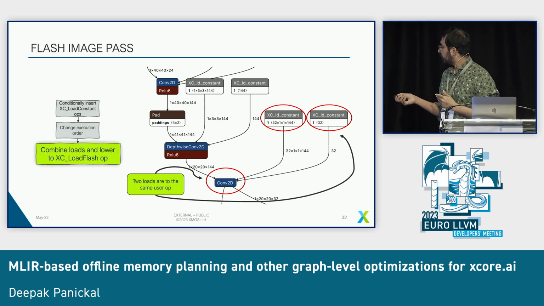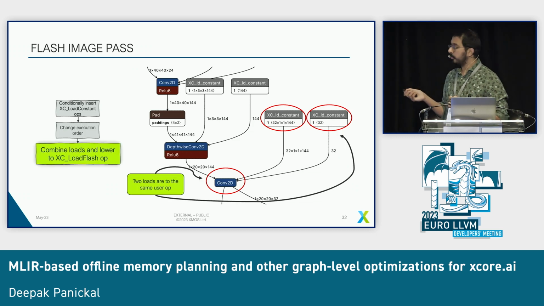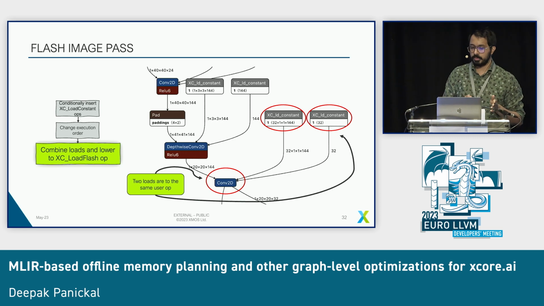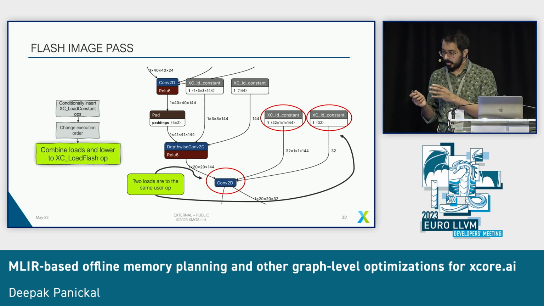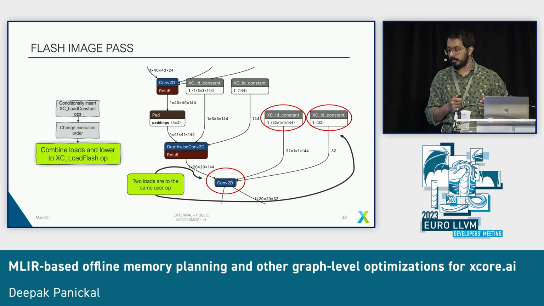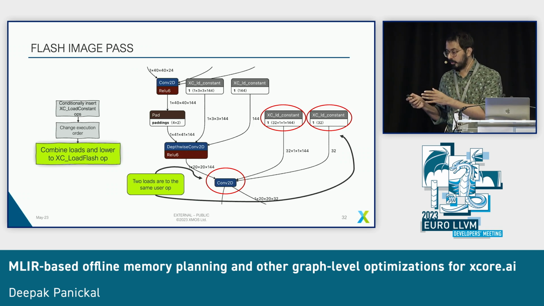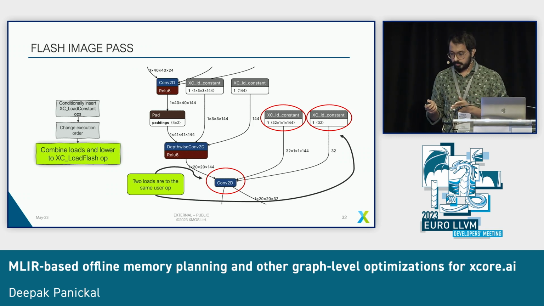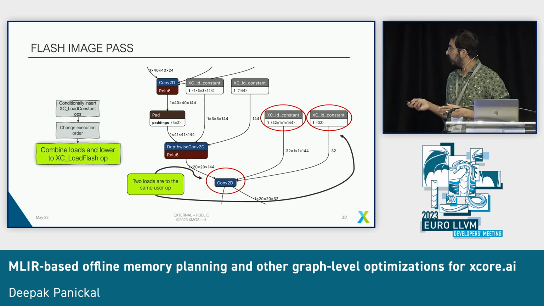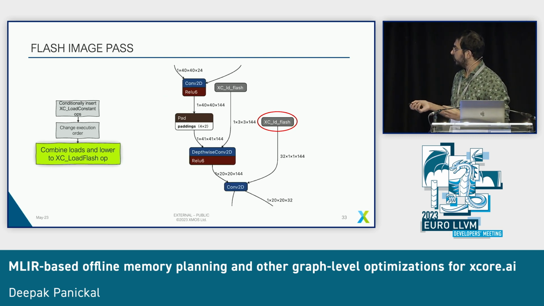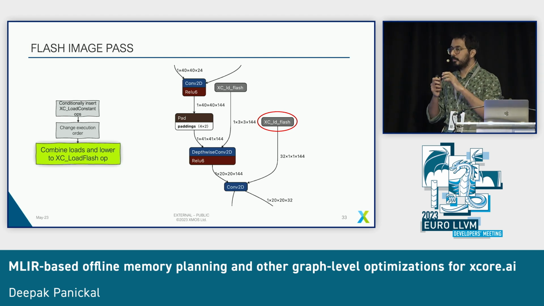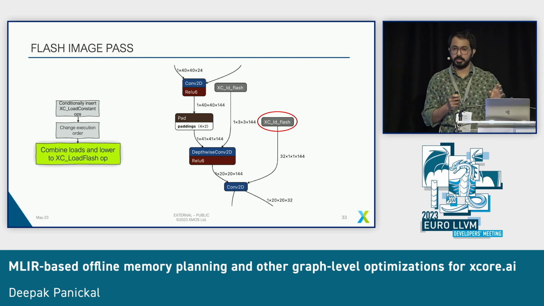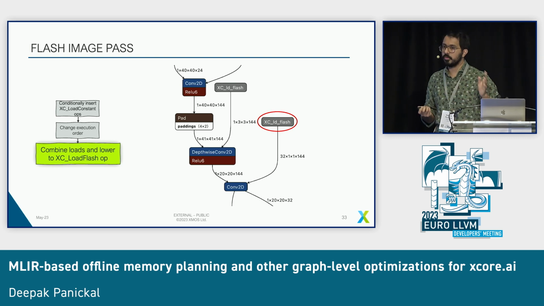And then another thing that we do is we combine loads that are going to the same op. So here there are 2 load constants going to the same convolution. We combine them together and lower them to a single load flash op. So at this point, we have changed the graph to have load flash ops in there, and this op will then later on stream in data from flash. And it's also at this point that we move the data into a flash image in the compiler, and then later on this can be flashed onto the device, and